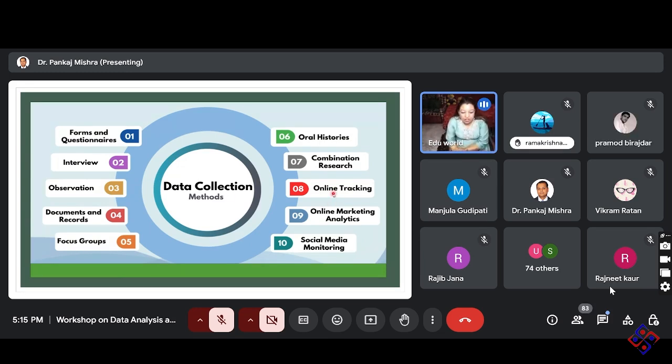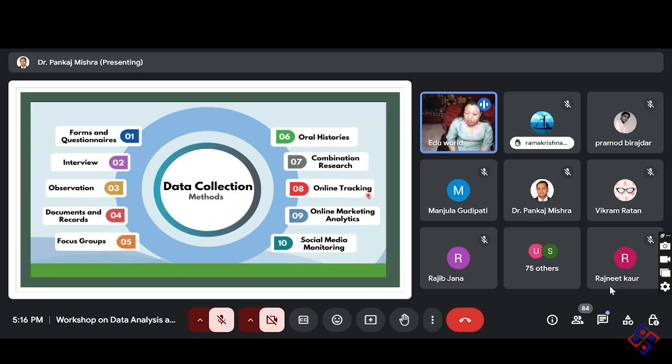Now online tracking is another method. Nowadays, when we are not getting the current type of data, we can also track the data from YouTube as well as from Facebook. People haven't given any sort of evidence in the form of an article. In that case, we can do this online tracking. Like if I want to know about the review of some kind of product, we can use this process to see what a person's view is regarding that particular product. So that is the online tracking.